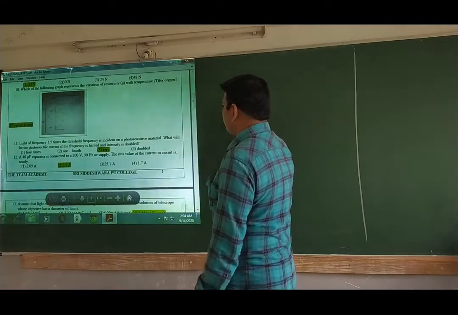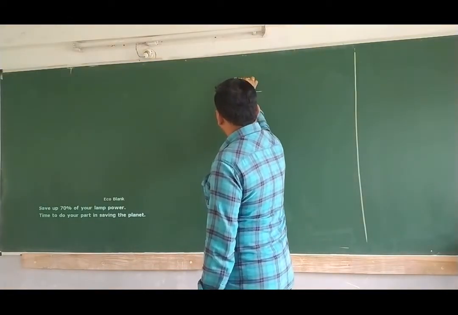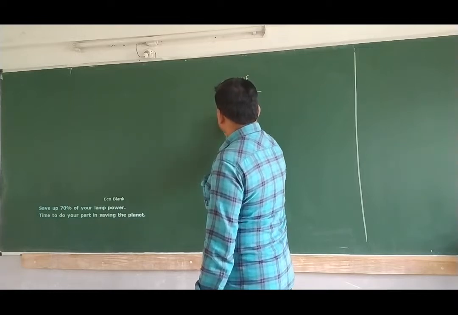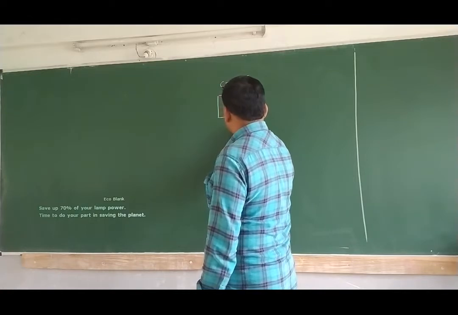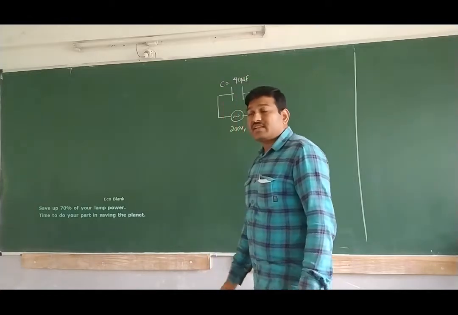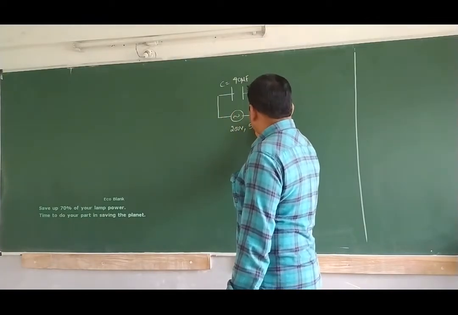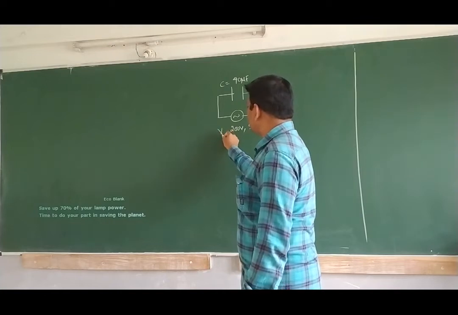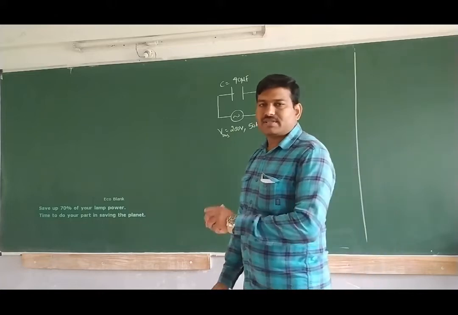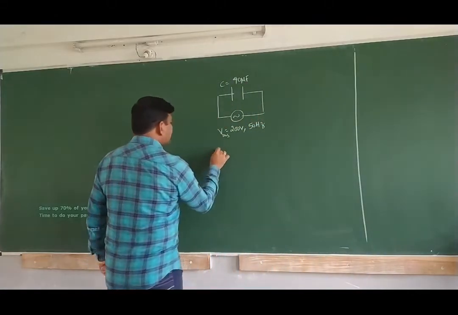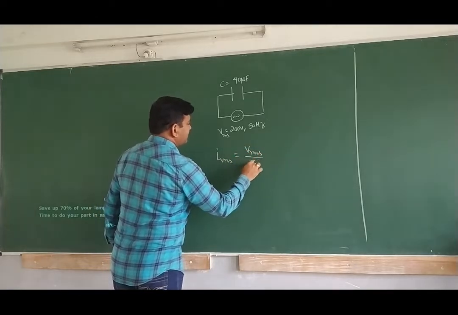Okay. Look here. They have given a capacitor whose capacitance is 40 microfarad. It is connected to an alternating source of 200 volt. Unless otherwise specified, the given voltage is nothing but RMS voltage. So 50 hertz frequency is given, and the applied voltage is given. This is V_RMS. They are asking us to calculate the I_RMS. We know that I_RMS is equal to V_RMS by Z.